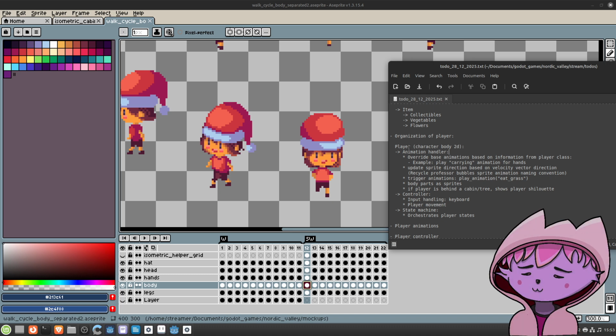But then again, I think it would make sense to make a kind of a base animation handler script and extend that, like override stuff for the player and things.